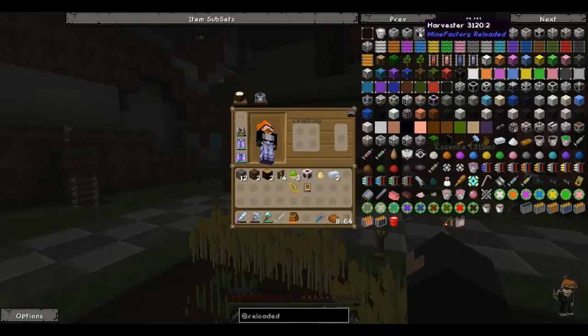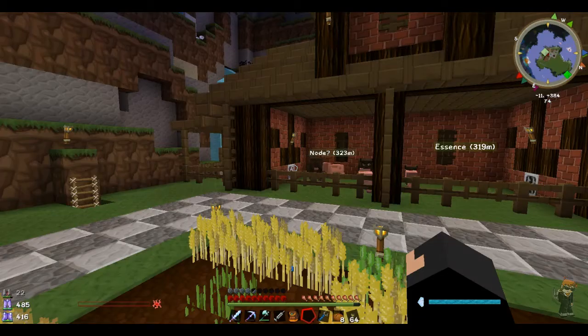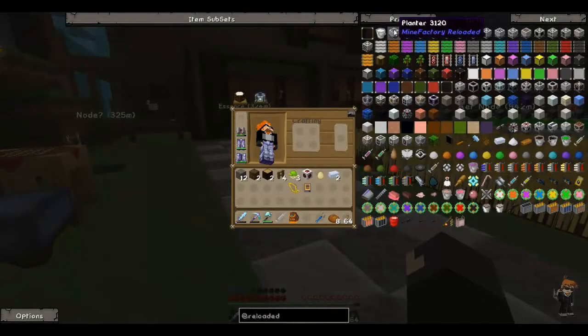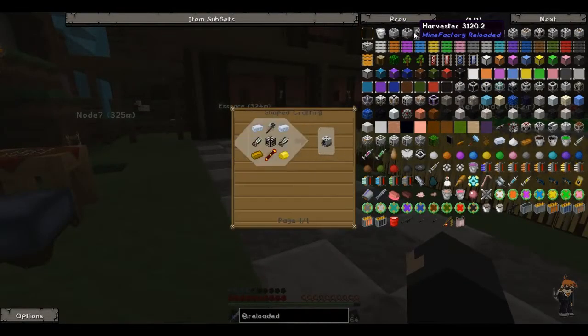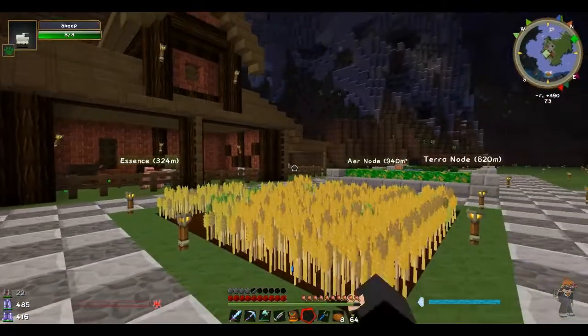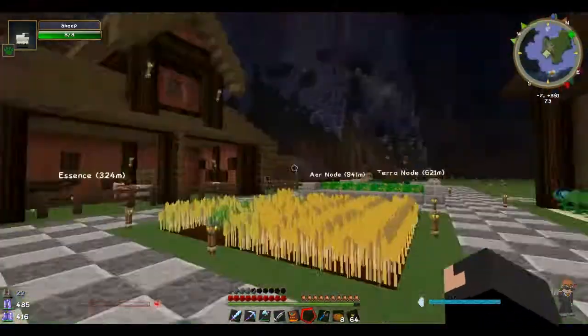Really? I've got to do the harvester as well. This might be a bit awkward. I'll have a think about it anyway, because I need to do it off camera. But we're going to need to make a planter and possibly pretty much the harvester. The harvester, and the rancher pretty much shears the sheep. So we're going to have the sheep being sheared, everything getting pumped into our